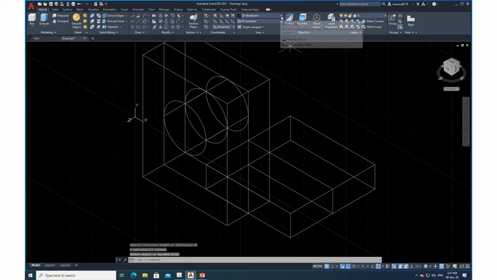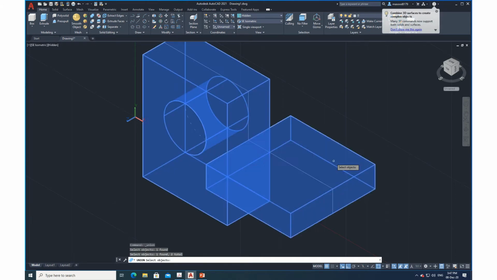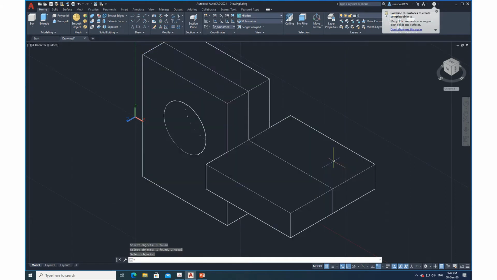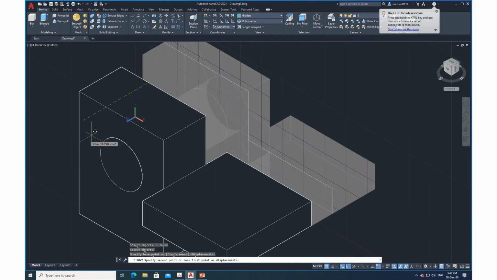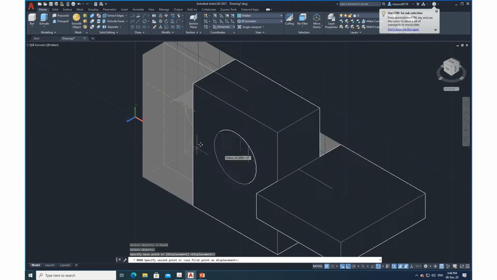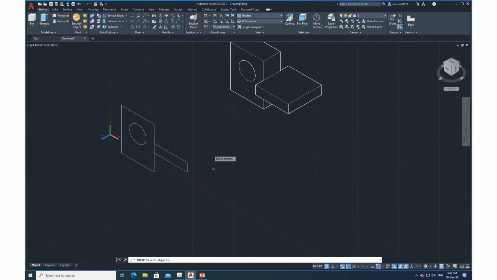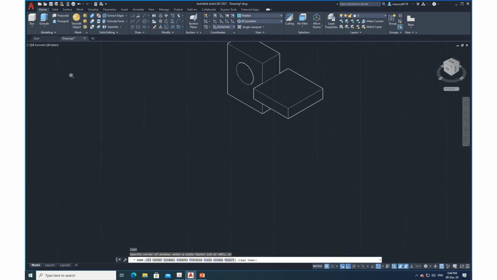Now let me change from 2D wireframe to realistic. Now see, I have something like this. So what I will do, first and foremost thing, I will do union. Just join them, solid union. Select this and this. Enter. So it became a single piece now. I will just move it out so that you have, let me just get it out. This center piece, let me get rid of this one. Enter. Z enter, E enter, zoom extents.